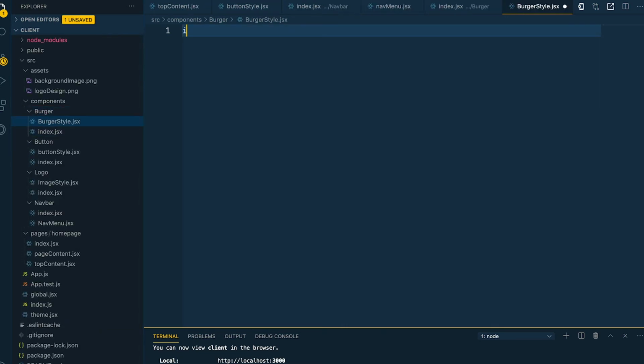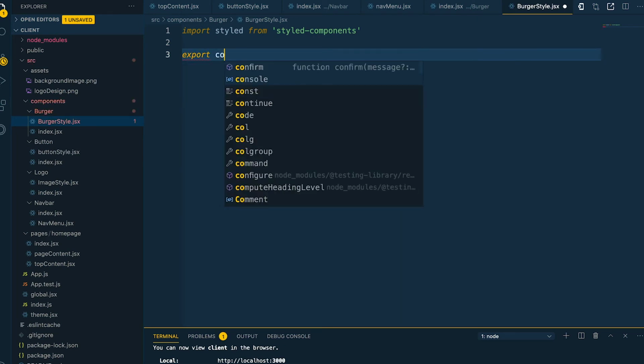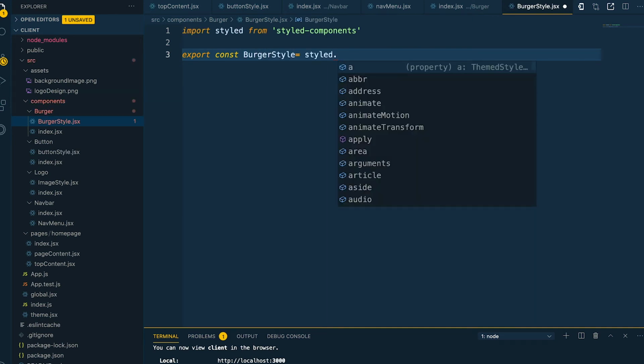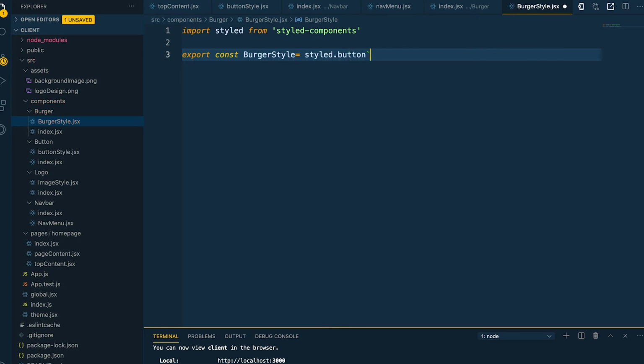So inside here we'll import and then we'll export a constant which will be, is it button? Actually this will be button,